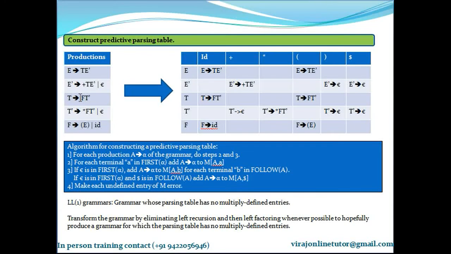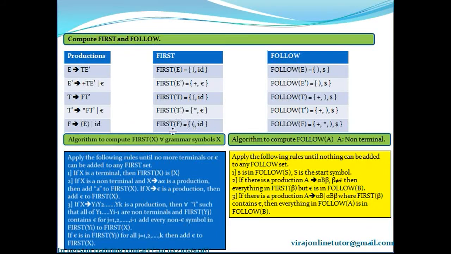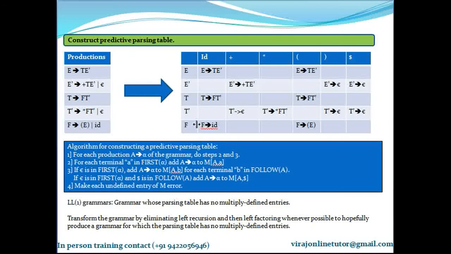Take the next example. What is the first of right hand side? Whatever is first of F to start with. First of F contains open bracket and ID. Since it does not contain epsilon in it, I don't go ahead. That means first of right hand side does not contain epsilon in it. What about the next production? This is of the form y1, y2, y3. First of asterisk F T dash is asterisk, which does not contain epsilon. So I don't apply this rule. Take T dash gives epsilon. First of right hand side epsilon is epsilon. Hence, I have to place this production at follow of left hand side.